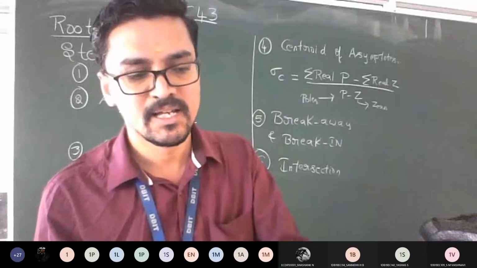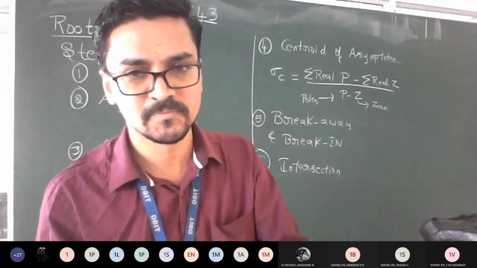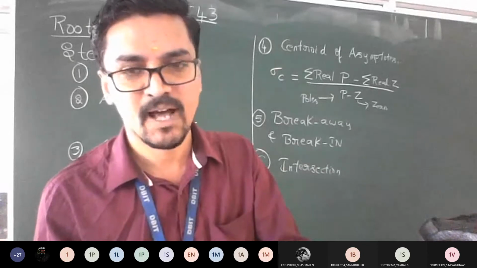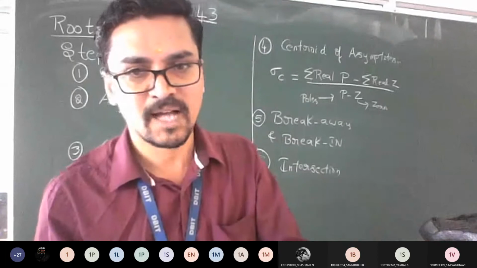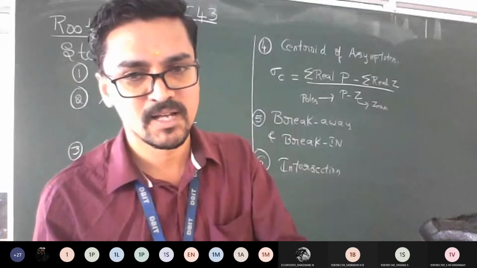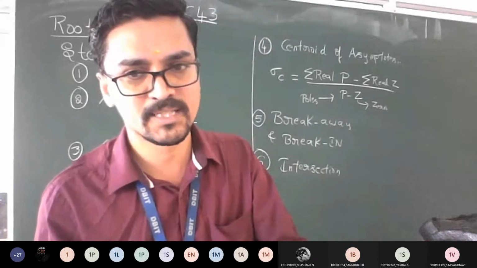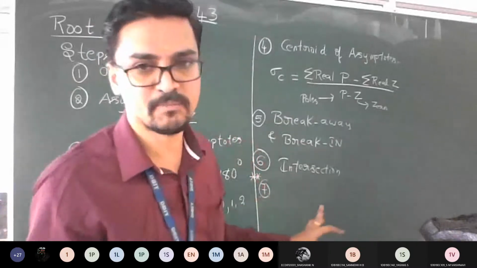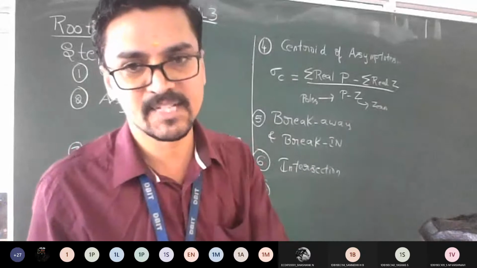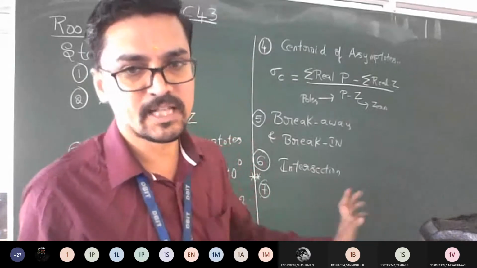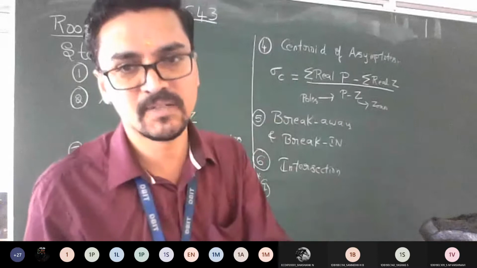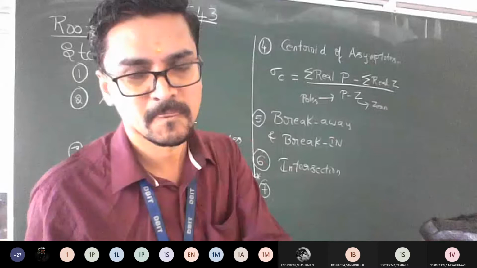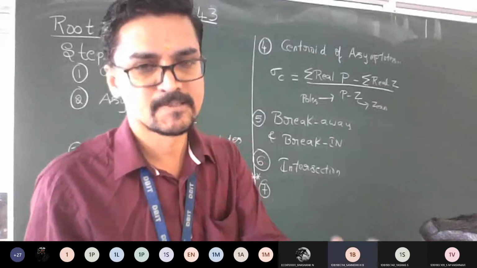Similarly, if complex zeros are present, then find the angle of arrival. Angle of arrival, complex zeros. Angle of departure, complex poles. Is it okay? So this 7th step is optional, meaning if complex poles and zeros exist, then only you need to worry about this step. Am I clear with this step number 7 to everyone? Yes, sir. So we'll move on.